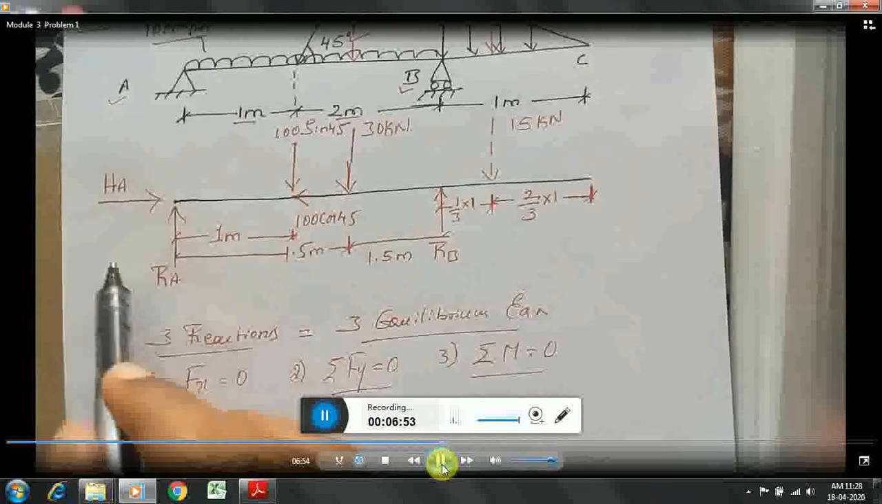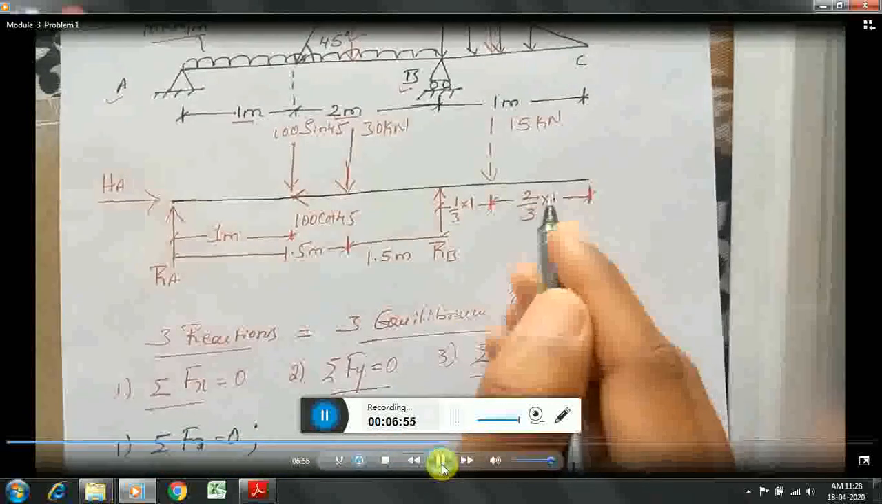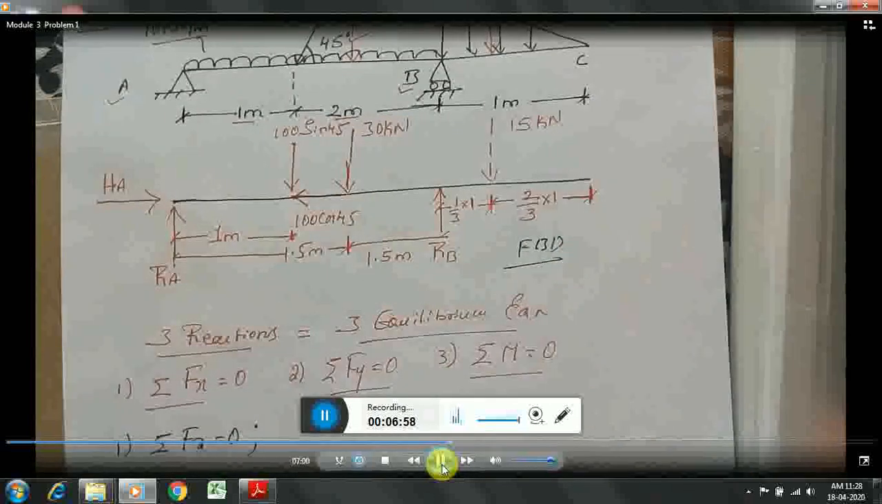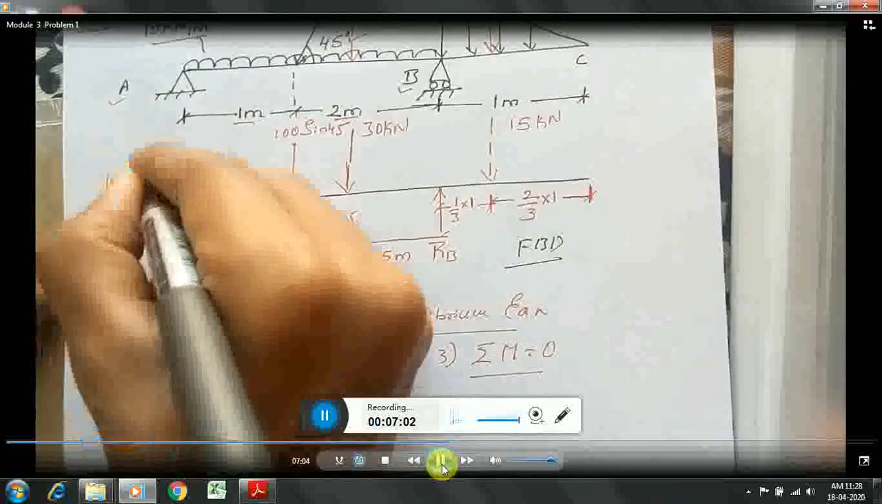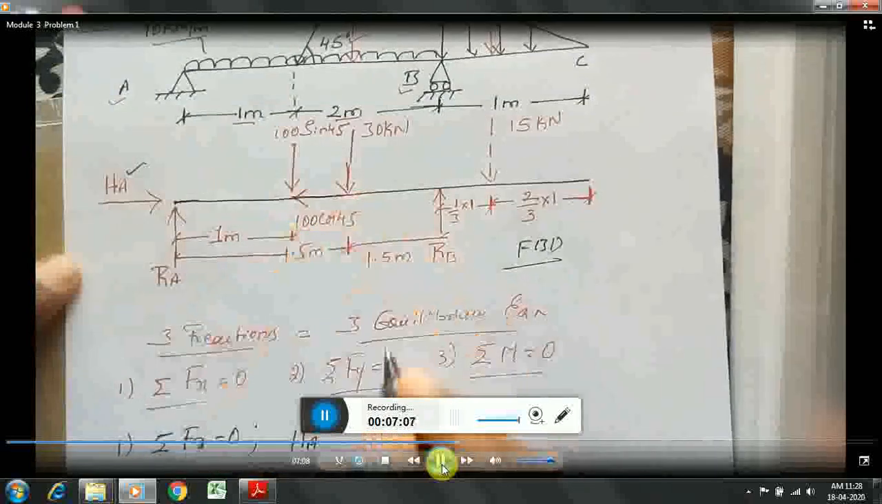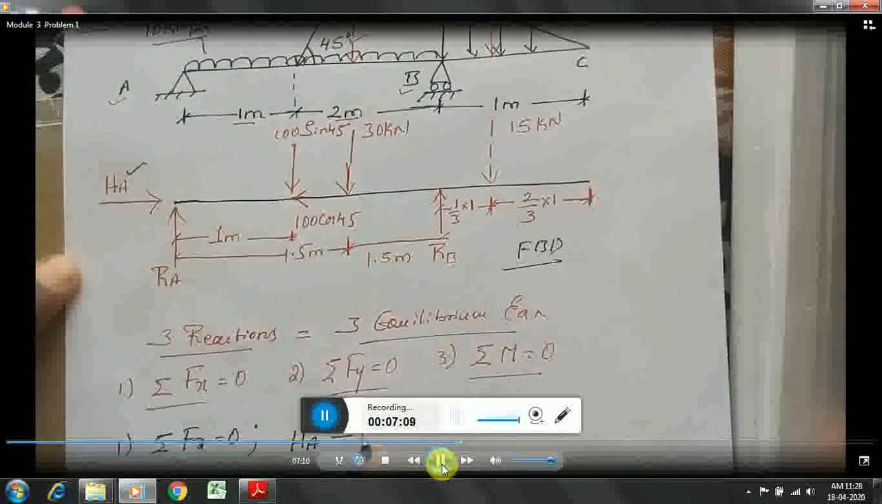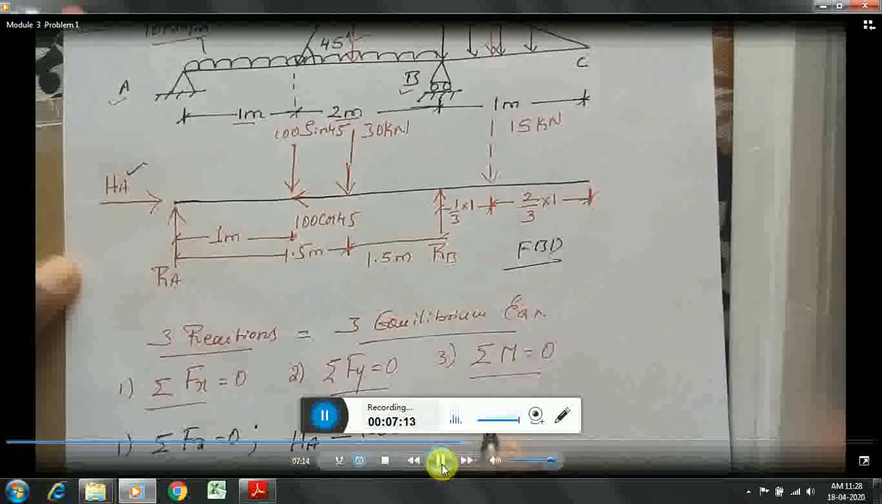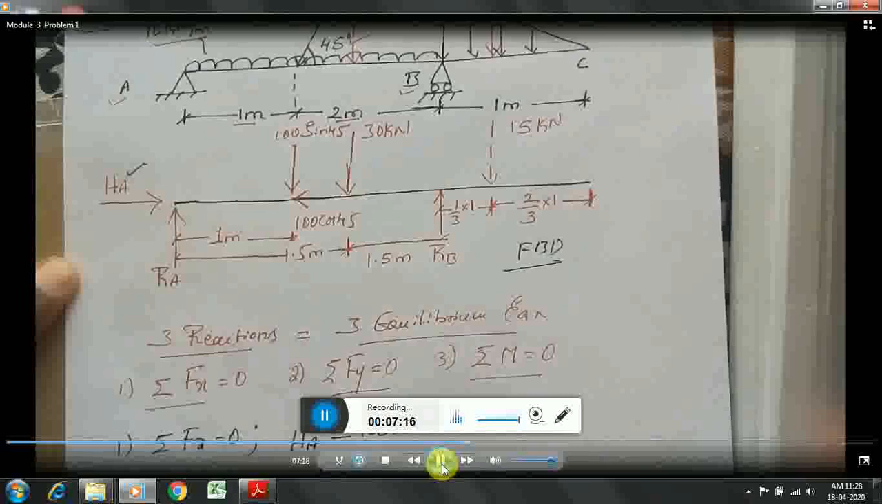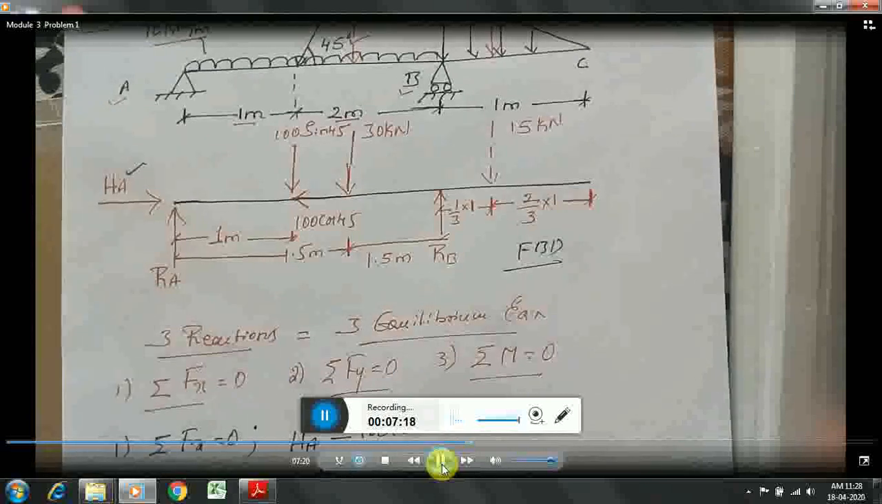The first condition I will use is summation Fx is equal to 0. Now look at this diagram. This is called the free body diagram, FBD. What are all the forces acting in the free body diagram in the horizontal direction? One is HA, keep as it is. Then it is this force acting in the leftward direction, minus 100 cos 45 is equal to 0, because only there are two forces acting in the horizontal direction. Therefore, if you solve HA, you will get